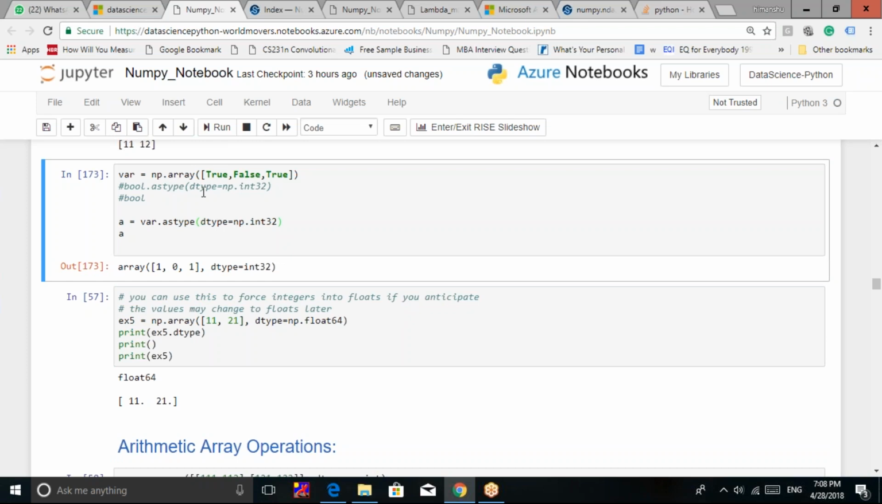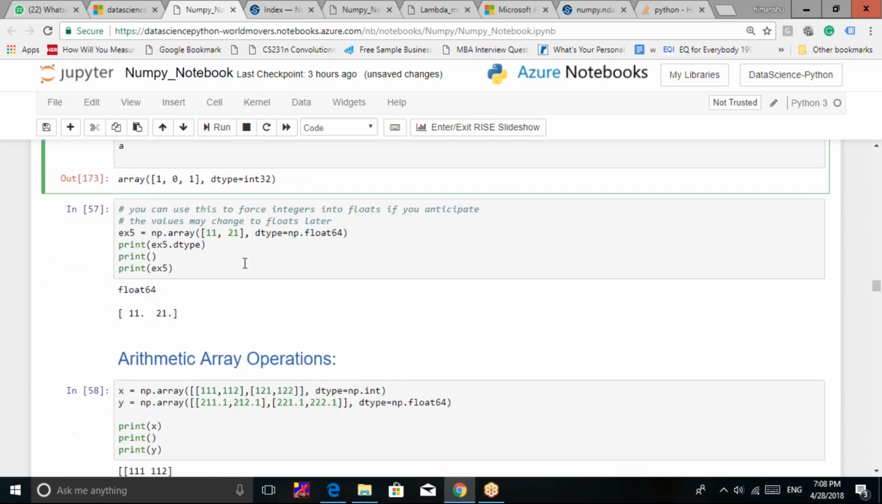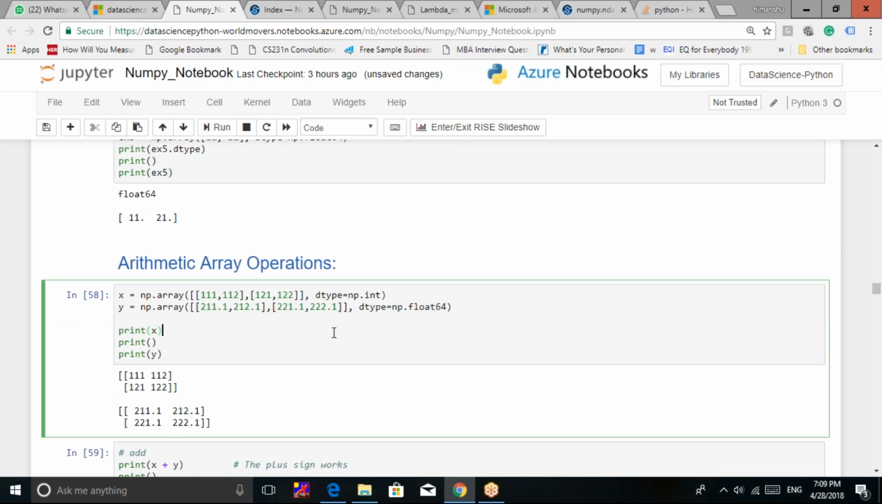Yes, okay. Now let's move ahead, and now we have arithmetic array operations. Okay, now let's quickly create two different arrays, both of the shape 2 cross 2 only. एक मैंने इंटीजर दिया, एक को मैंने फ्लोट दिया।